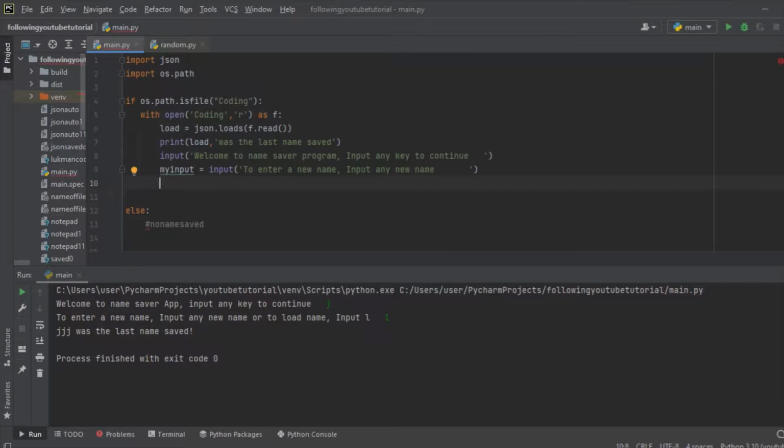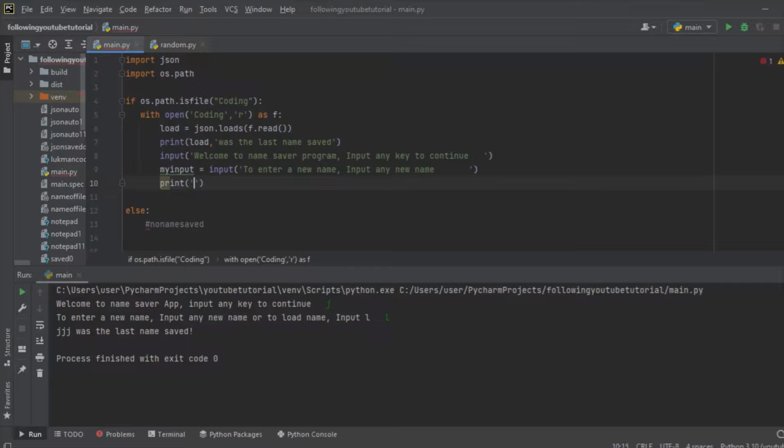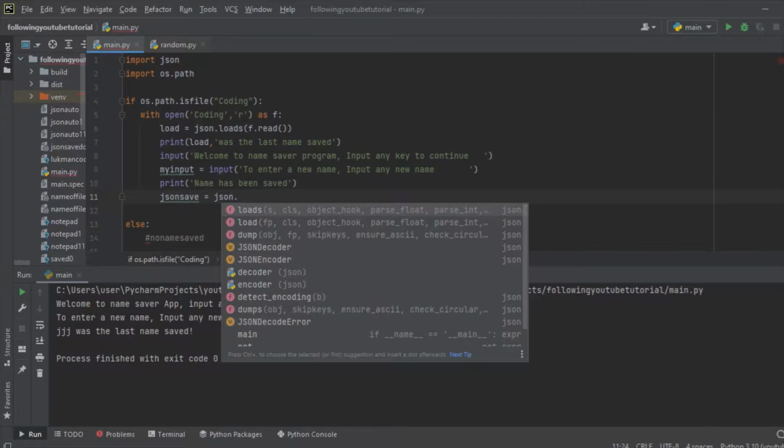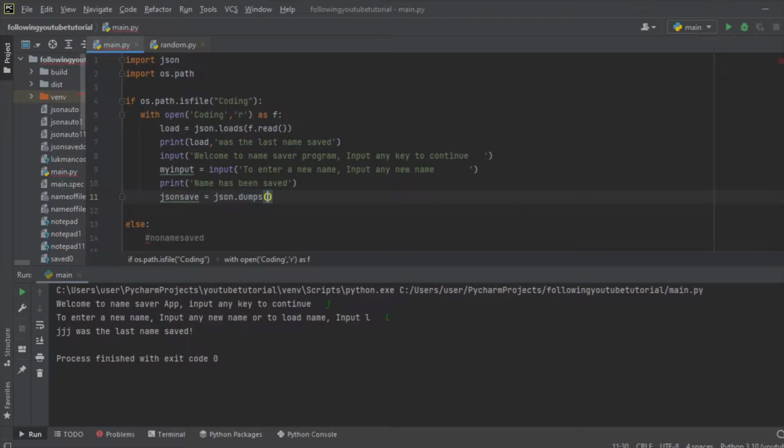So right over here, we're just going to print name has been saved, and for that reason, then we are going to write json. save is going to be equal to json.dumps, that's the save function for these dumps. Then my_input,